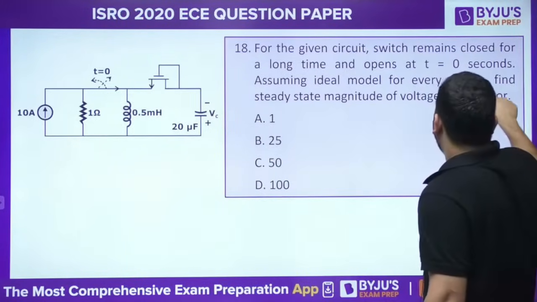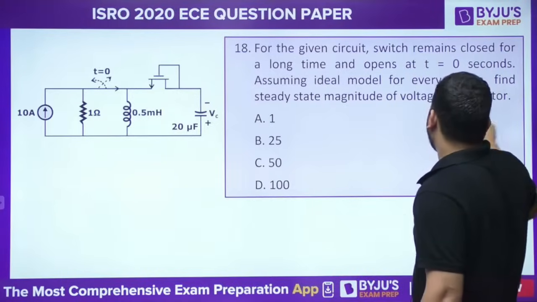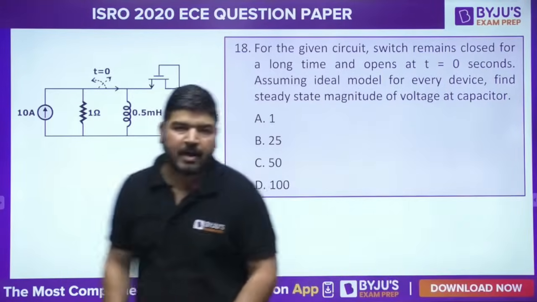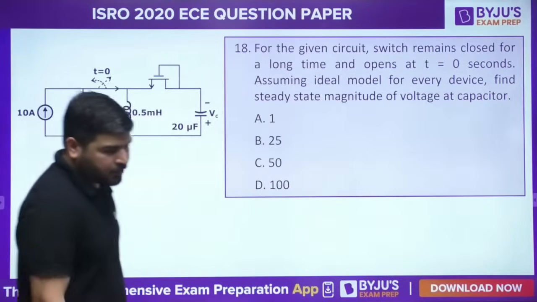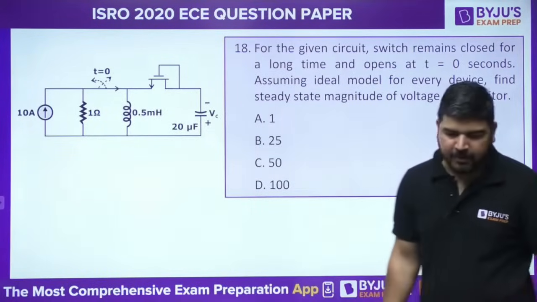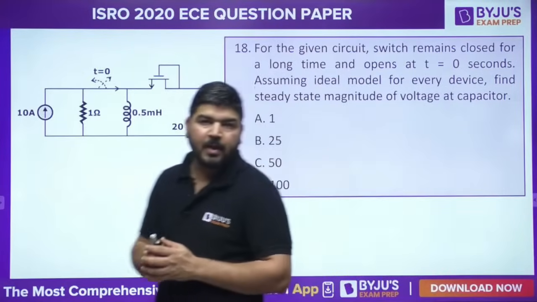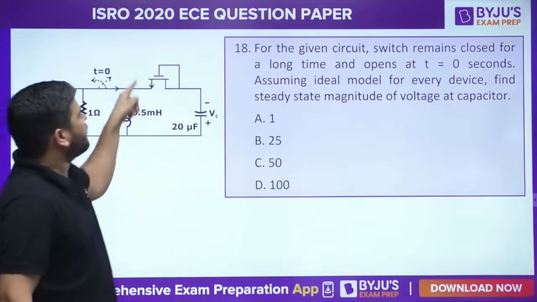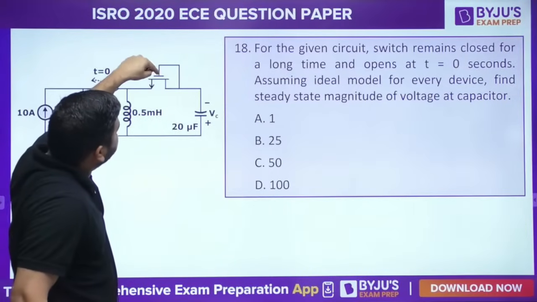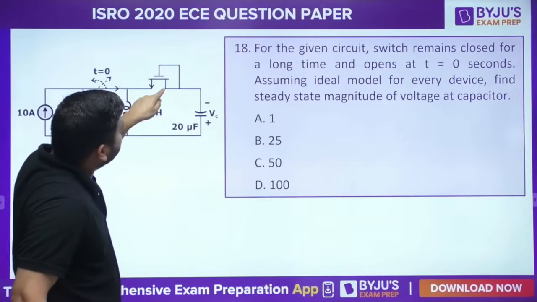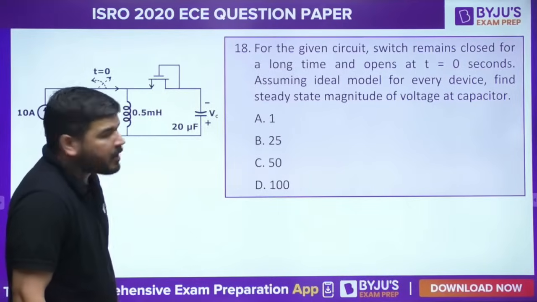Assuming ideal model of every device, find the steady state magnitude of the voltage across the capacitor. So across the capacitor, we need to find the steady state voltage. Now how to simplify this, how to solve this problem? Look, this is a MOSFET, and in this MOSFET, you can see that the gate terminal and the drain terminal